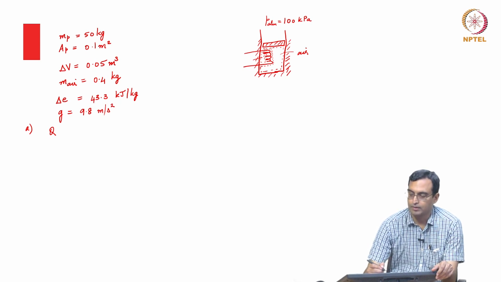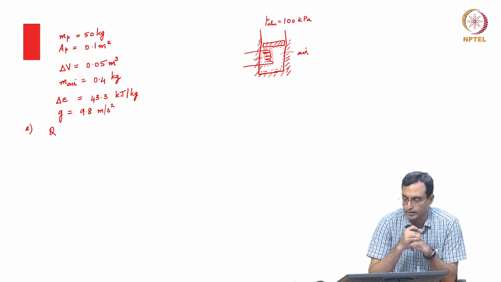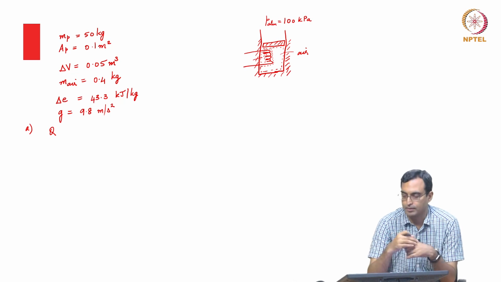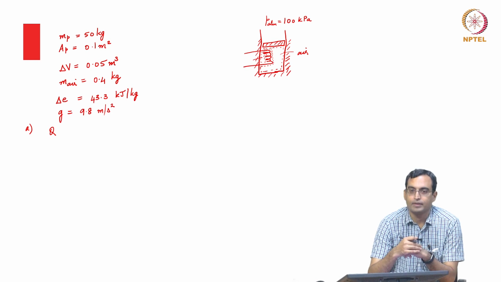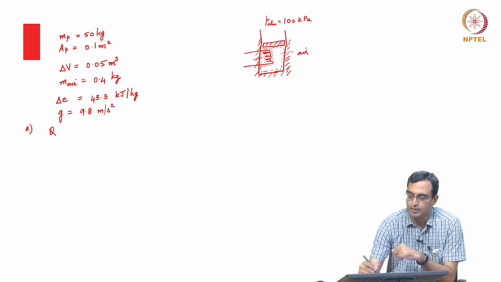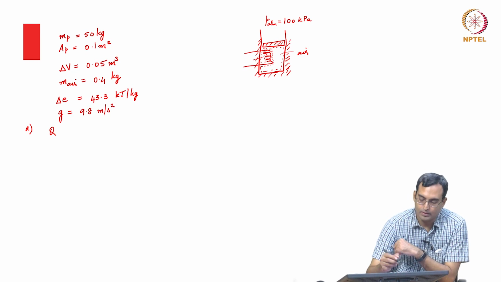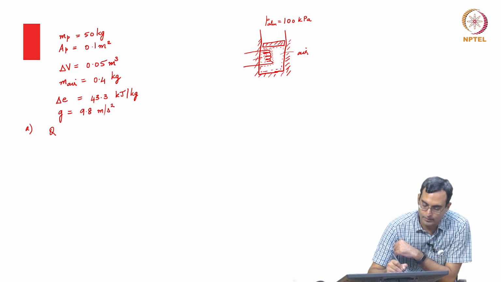So, what we can do is try to think of what process is happening over here. We are heating the air inside, the air is trying to expand and move. So, what is resisting the movement of the air? One of the things which is resisting the movement of the air is the weight of the piston. The piston has a mass of this, so correspondingly the weight of the piston,